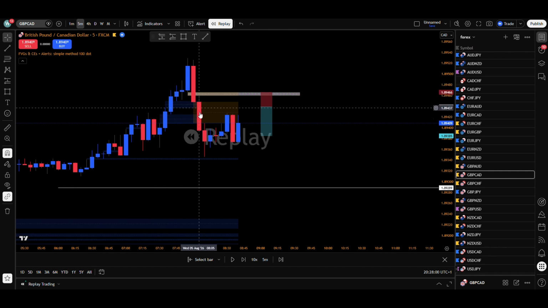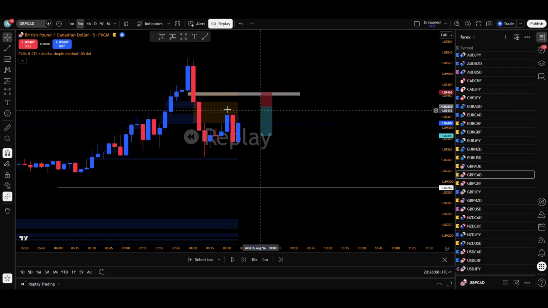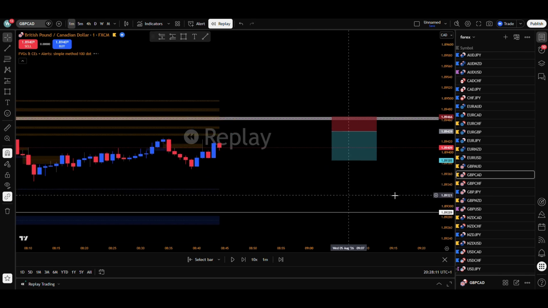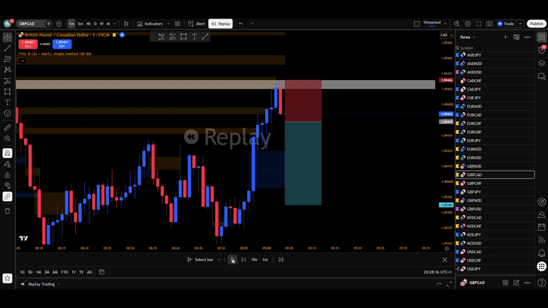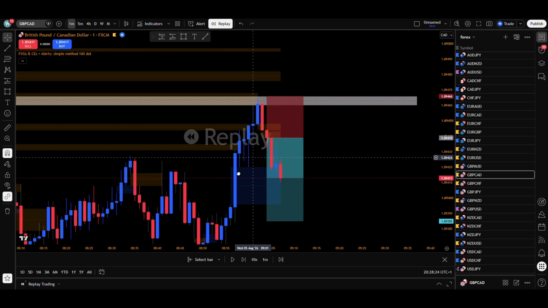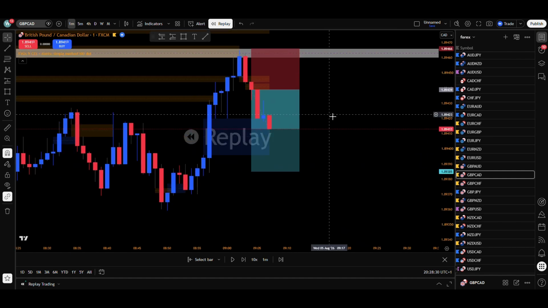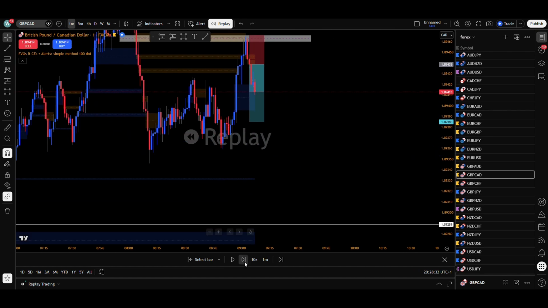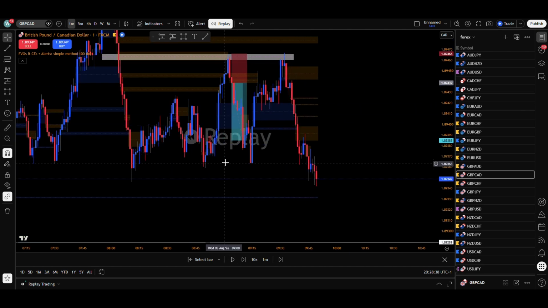Wait for a fair value gap towards the liquidity to form. Once that happens, we're gonna set an alarm like here. Just right click, set an alarm, set an alert. Once price gets there in the 1 minute, wait for a sharp turn in, sharp turn out. So that's in. That's also in because it's the same leg. And then no, no. So with the entry there, stop above the zone. And then there you go. TP in